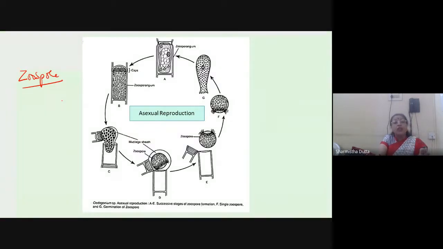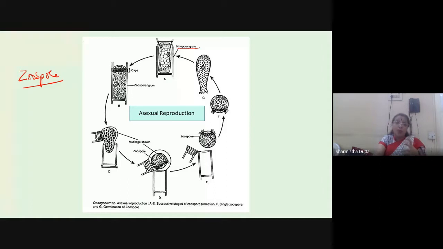There is no formation of gametangia. So, any mature vegetative cell in the filament can function as zoosporangium. It will function as a zoosporangium. That means it is